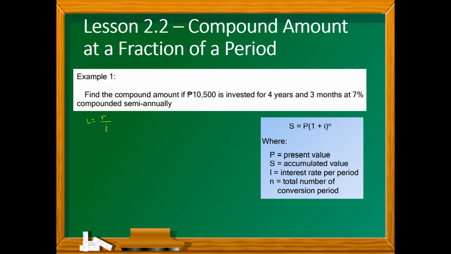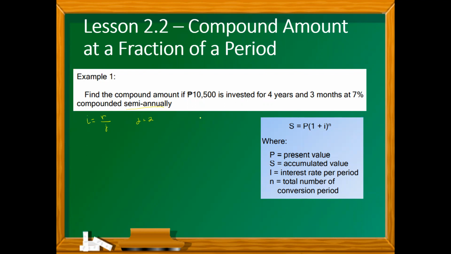Okay. For example, in this problem, our j equals 2 because it's compounded semi-annually. So semi meaning dividing the period by 2. Semi-annual means 6 months, and there are two 6-month periods in the fiscal year. So our j equals 2. And take note that the annual interest rate has to be divided by 2 to come up with the i there. And the problem states that we are asked to find the compound amount if 10,500 pesos is invested for